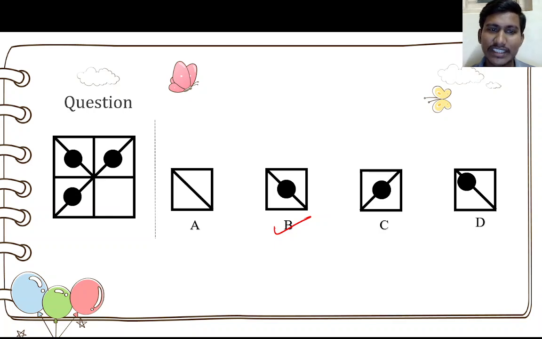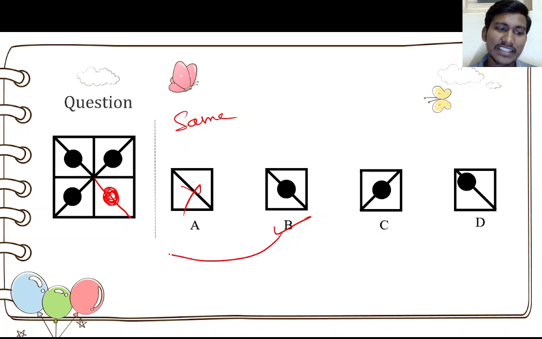Good. That is, it should be in the center. Right? It should be in the center. So here, C is there, right? C is reversed, so it should be the same. We just have to take it and place it here. C is reversed, so that is why it is not the answer. D is not the answer, because the shaded circle has moved towards the center. Understand? So this is how you have to do it.